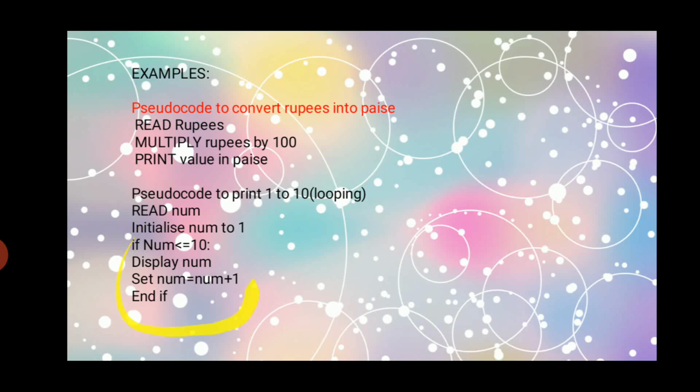And finally end if. This is the termination of the loop. We need to write end if in programming also. So these lines are similar to the programming which we will do in QBasic, C++, C language. If you get the thinking of how we are going to solve it, then you can do any programming language.